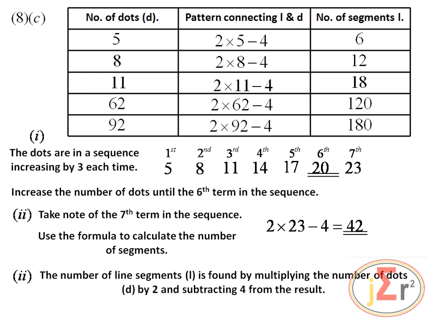The number of line segments is found by multiplying the number of dots by 2 and subtracting 4 from the result. So that's how we do it. We have no problem here. We have the number of dots, 2 times the number of dots minus 4. So the number of line segments is found by multiplying the number of dots by 2 and subtracting 4 from